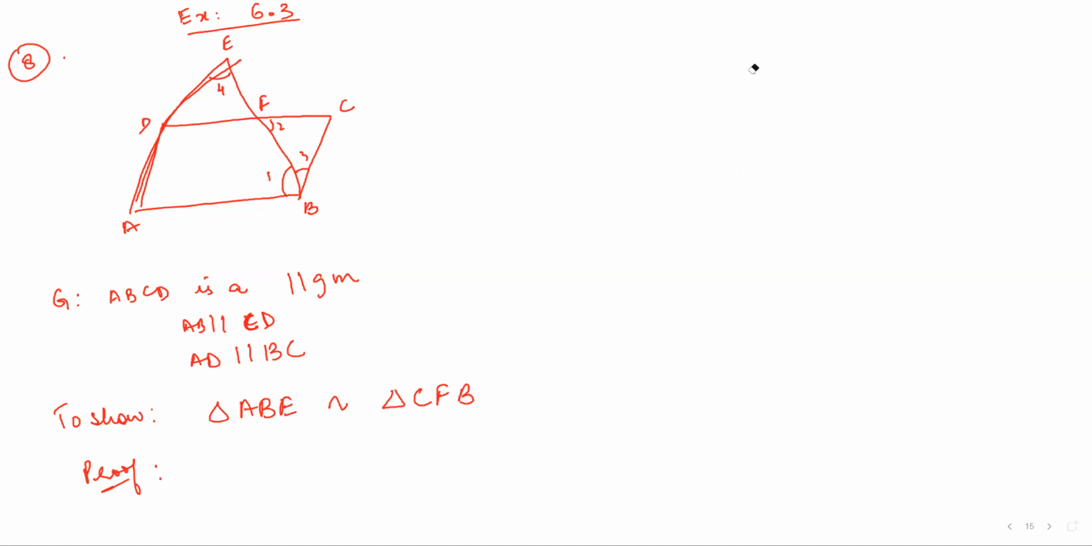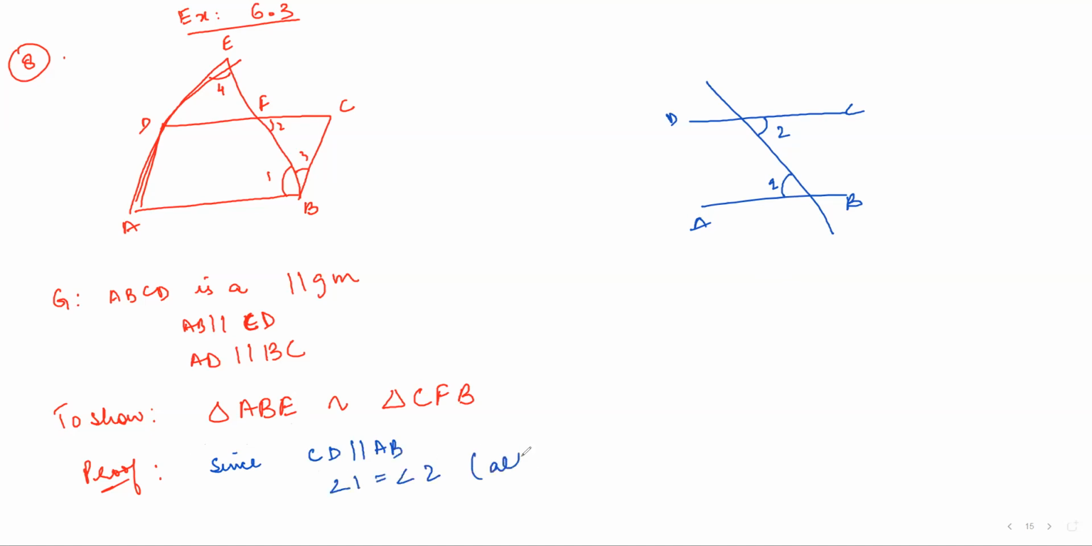Now look at this figure again. See here, this is your line CD, and this is your line AB, and then there's a line cutting it. So that means this angle is the same as this angle, 2 and 1, right? Yes, alternate interior angles. Okay, so you can write that since CD is parallel to AB, angle 1 is equal to angle 2, alternate interior angles. And similarly, you can say that line AE,